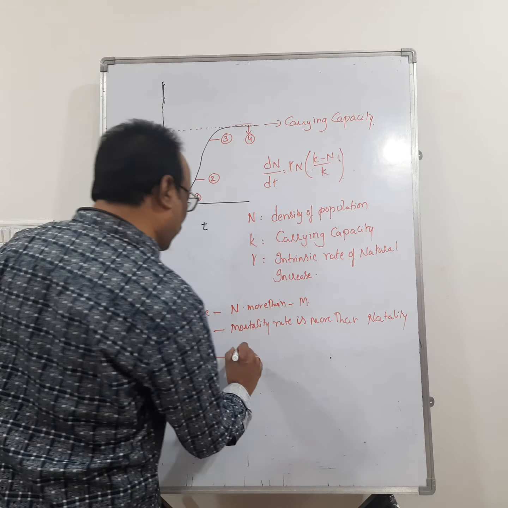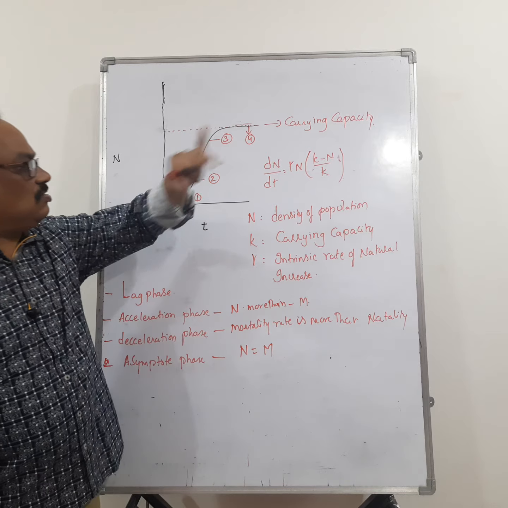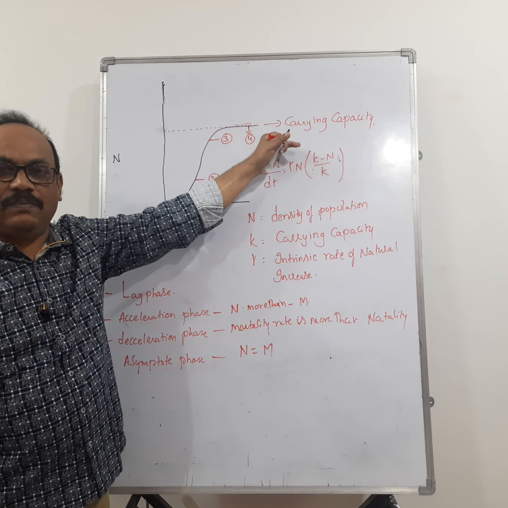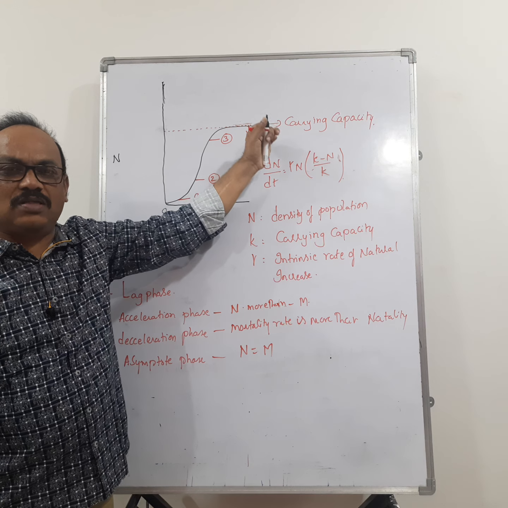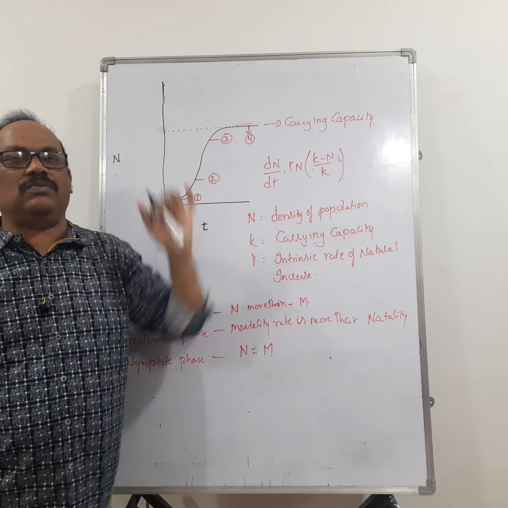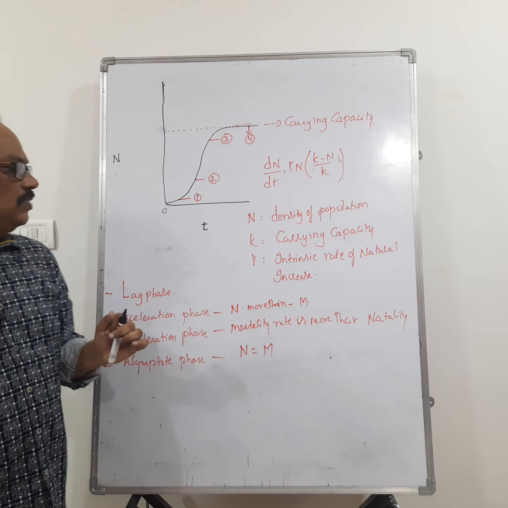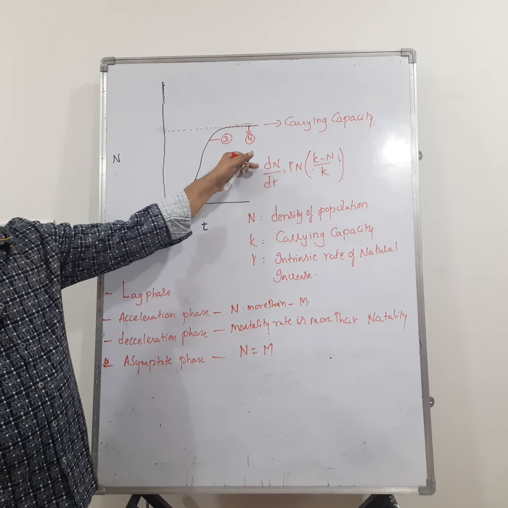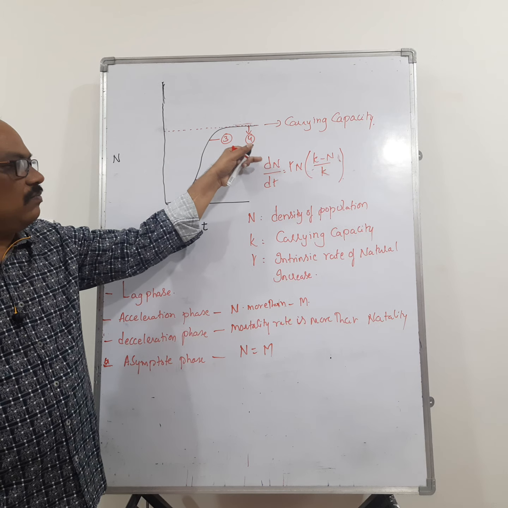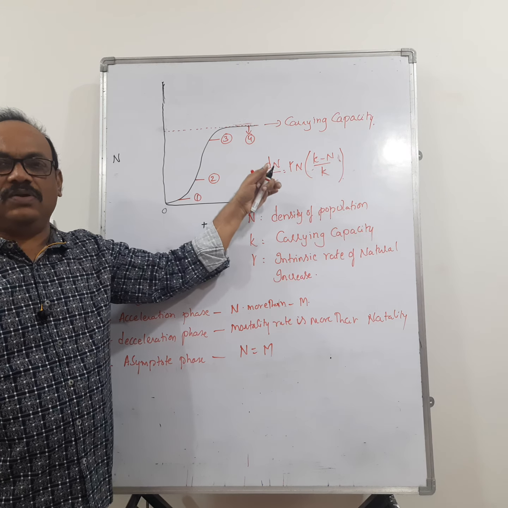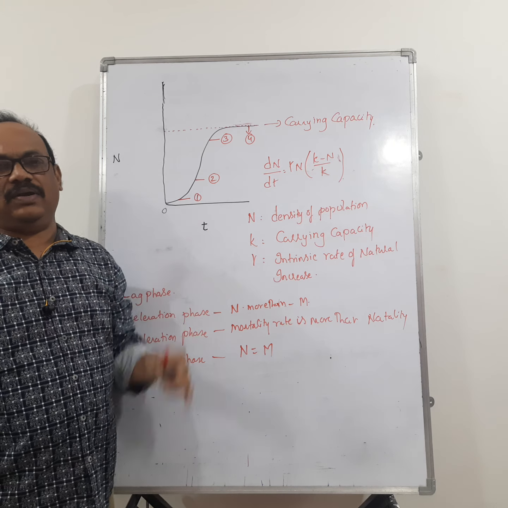So why the natality rate is equal to mortality rate means the resources are limited and the organisms in the habitat have reached the carrying capacity. So the resources are supporting a limited number of individuals only. So the natality rate is equal to the mortality rate. So this one is called as logistic growth curve, and you have to remember the formula. We'll do one problem on this, and after that we'll go for the life history variations.